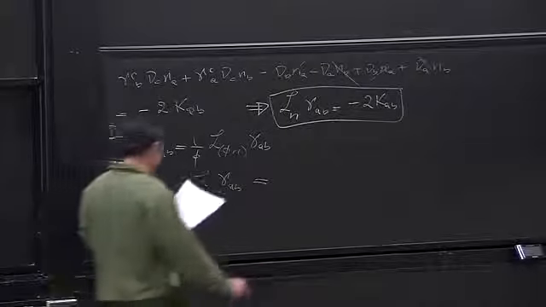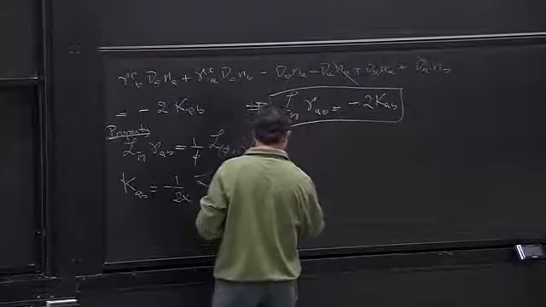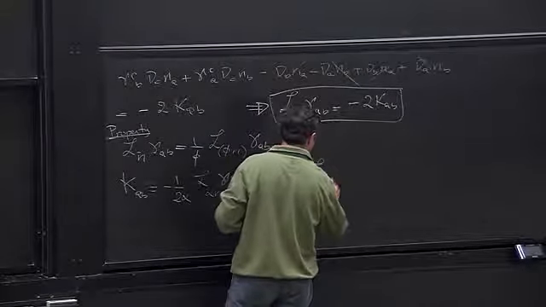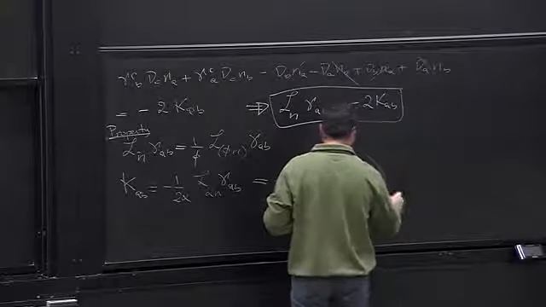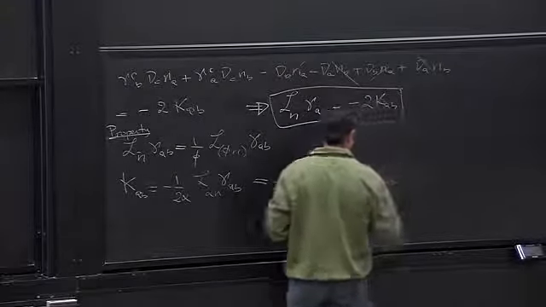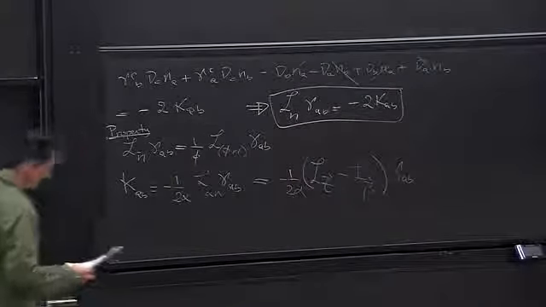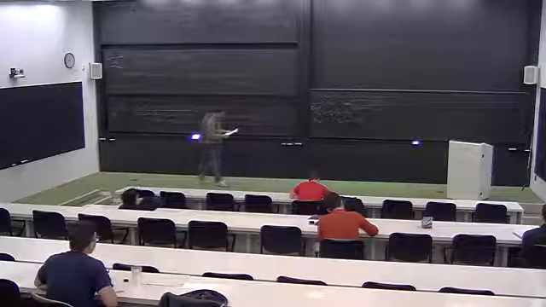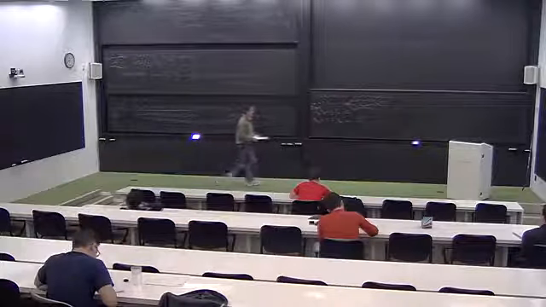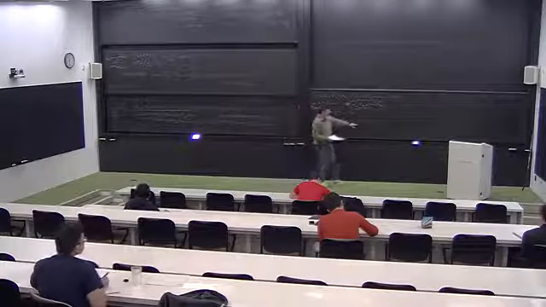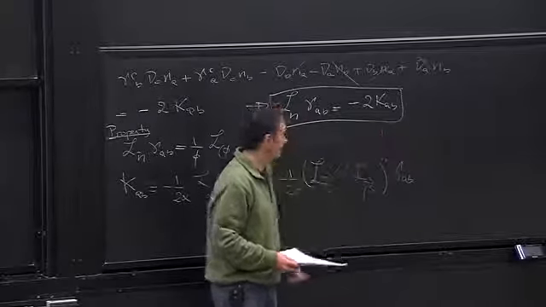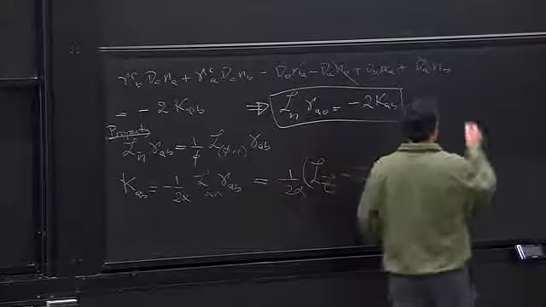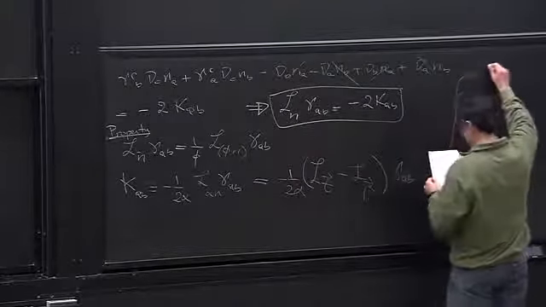This is the same as the Lie derivative along t of gamma, which is nothing but dt of gamma. So the rate of change. So this allows us to rewrite